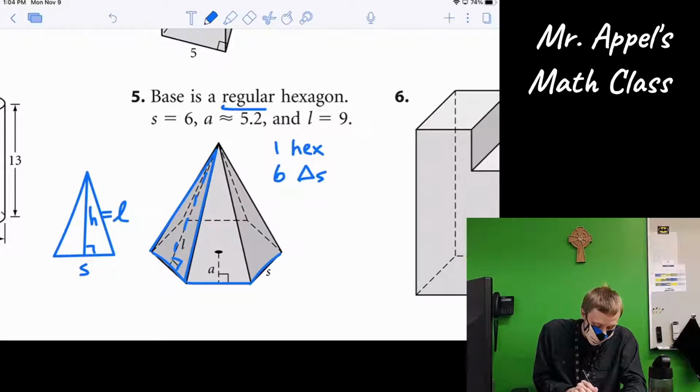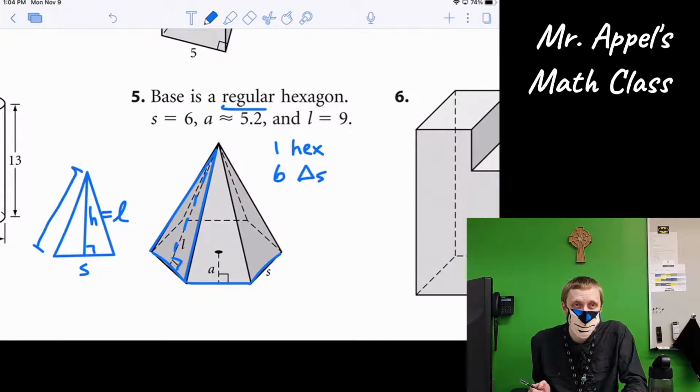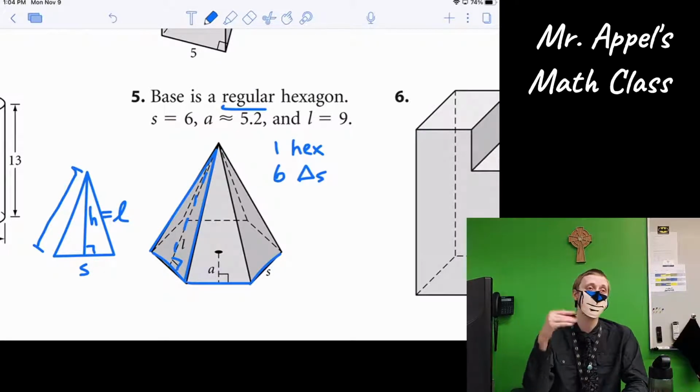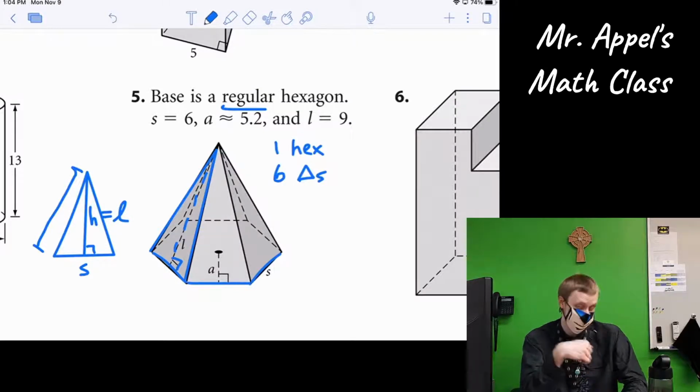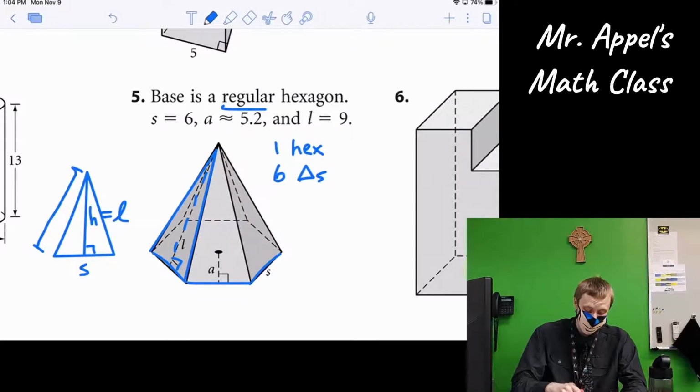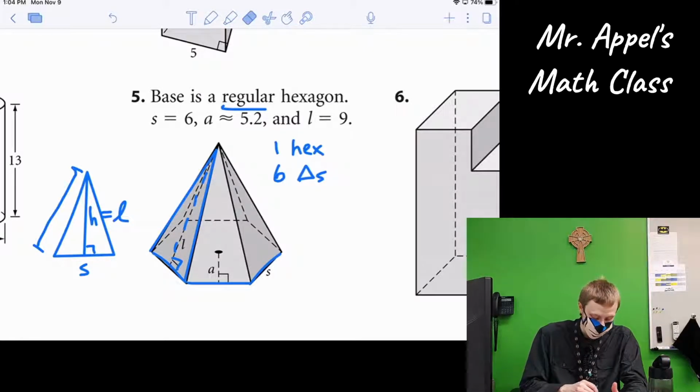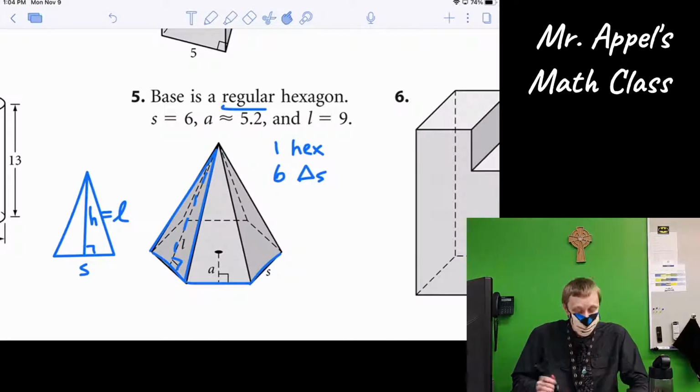If they give you this measurement, that does you no good as is. You can't use that in your area calculation. In this case, you'd have to use a little bit of trigonometry to find out what that height actually needs to be. So always double check that. And then second,